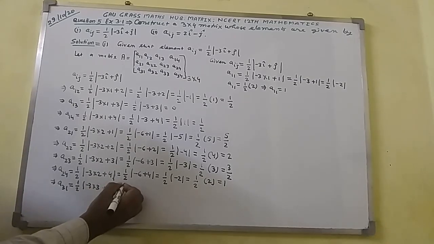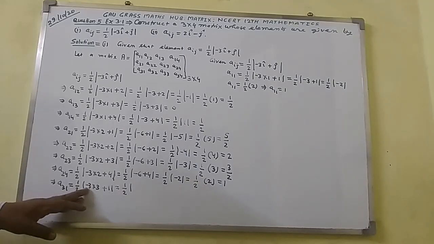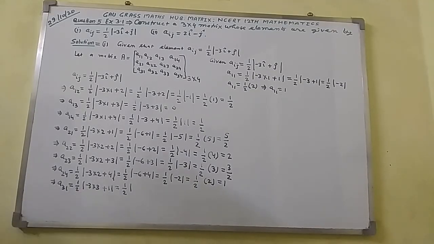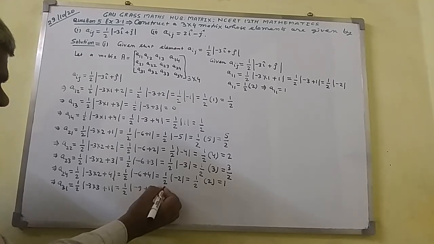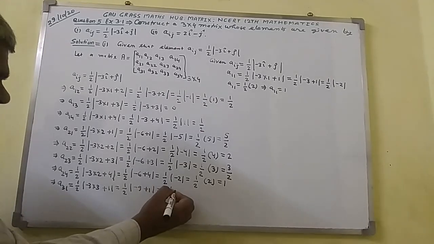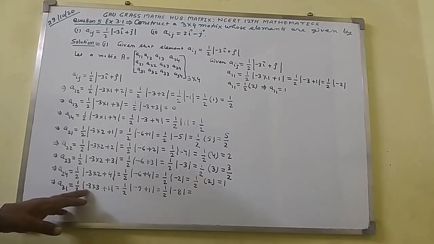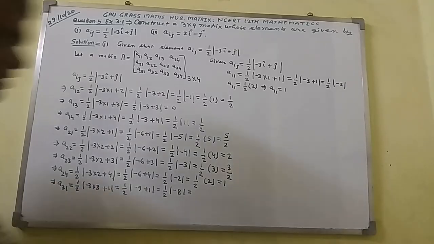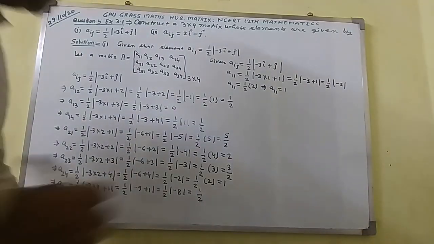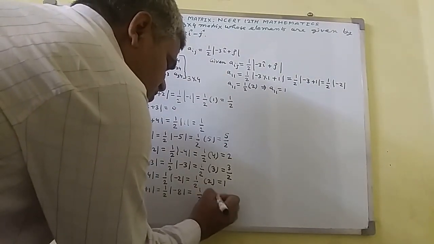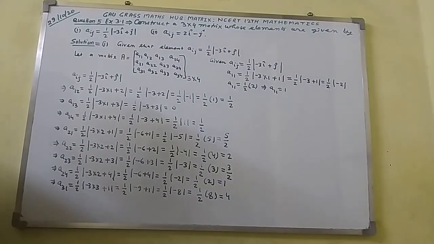Mod, I shall do the operation 1 over 2 mod minus 3 will multiply to 3. We will get minus 9 plus 1. We will get 1 over 2 mod minus 8, because 3 threes are 9, minus 9 plus 1, we will get minus 8. Comes out to 1 over 2, here mod of minus 8, we will get only 8. Write 8. The result will be only 4, so for A input 31 we get 4.